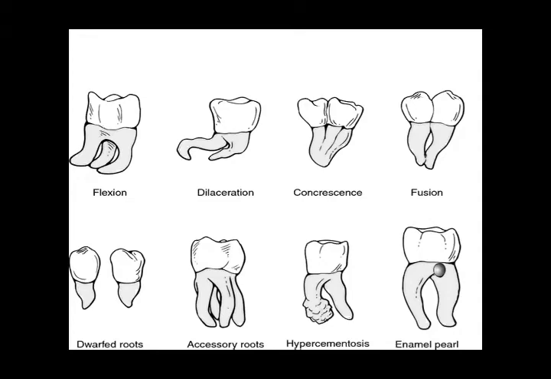Anomalies आपने पढ़ी हैं इंसाइजस सेंट्रल इंसाइजस की मेन एनॉमलीज में ड्राफ्ट रूट्स आ जाता है। व्हाट इज दैट ड्राफ्ट रूट्स? शॉर्ट रूट्स ठीक है। क्राउन आपका कम्प्लीटली नॉर्मल होगा और आपके जो रूट्स होंगे वो एबनॉर्मली शॉर्ट रूट्स होंगे। गुड।